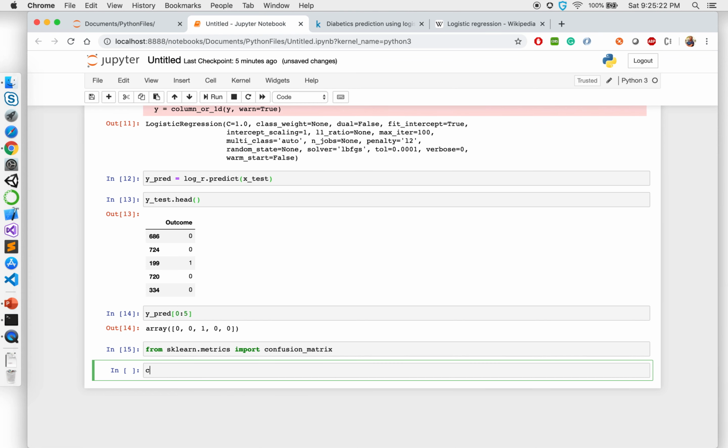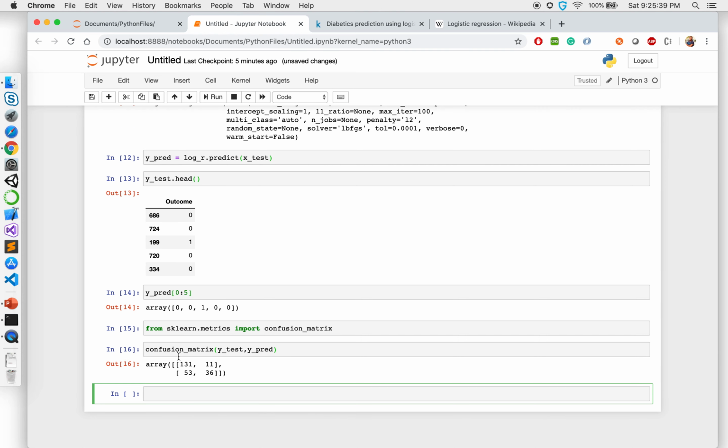Now to get the confusion matrix, call this function, and inside it I'm going to give y test and y pred. So it's going to calculate how much was predicted right and what was predicted wrong.